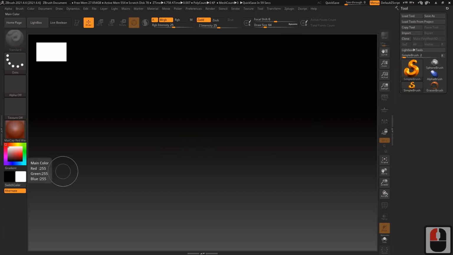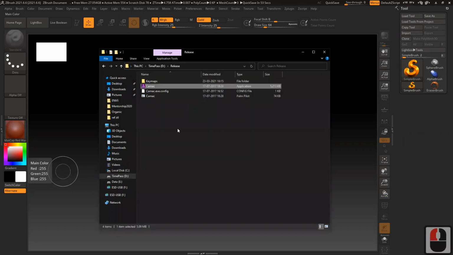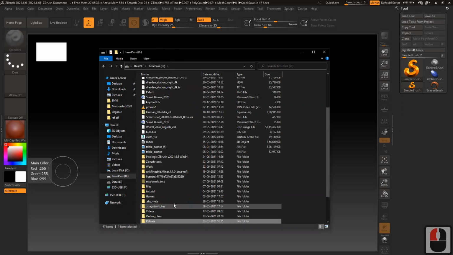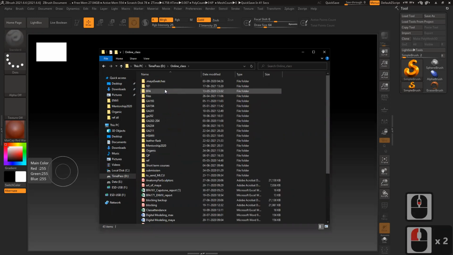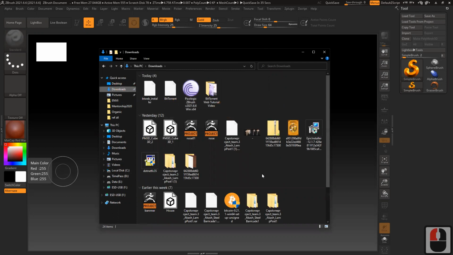I updated my ZBrush and I don't know, it just deleted my backup files from yesterday when we started. So no problem, I'll start from scratch. I'll show you quickly where the references are.